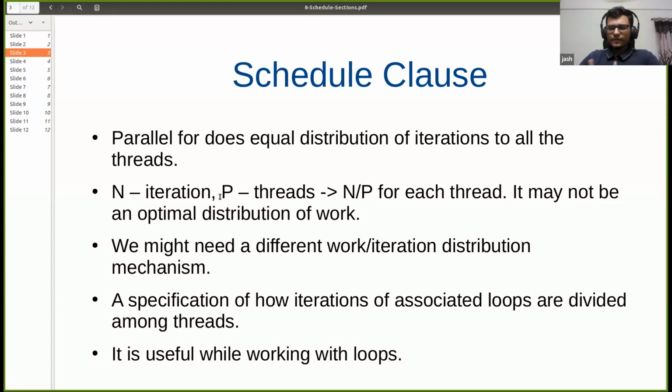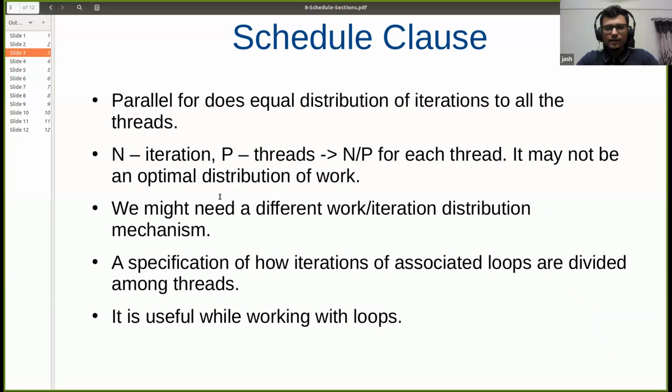So we might need a different distribution mechanism, and this is where the schedule clause comes in, which allows us to specify how iterations of the associated loops are divided among the threads. Using the schedule clause is a convenient way to work with loops, because it allows us to distribute the work properly. So let us look into this now in a bit more detail.